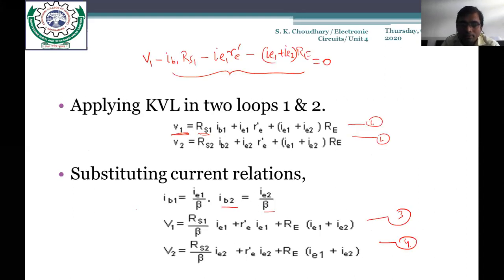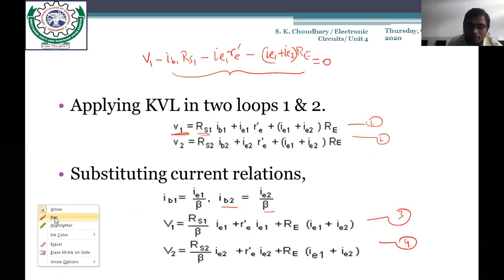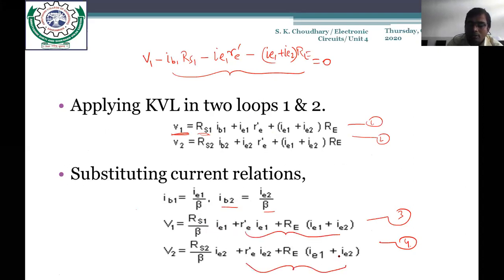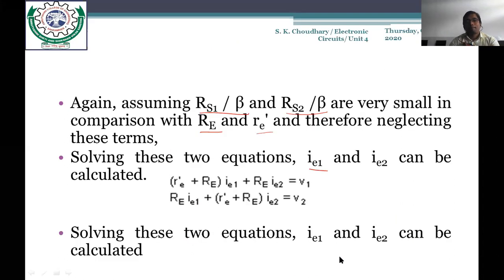You can see here, we have neglected this term. The first term has been neglected because we have considered it very small. Only these two terms would be remaining for both the equations. Now we have to solve this equation and find out the value of IE1 and